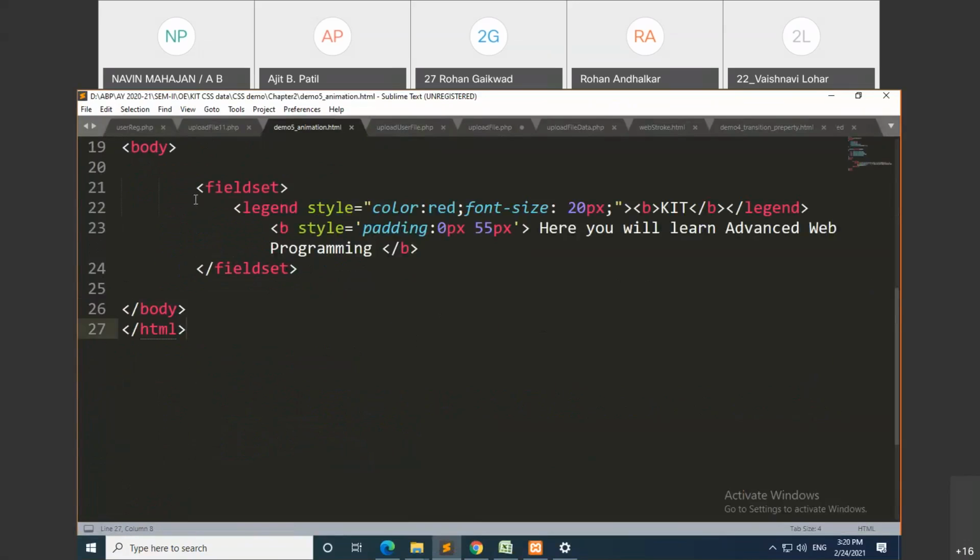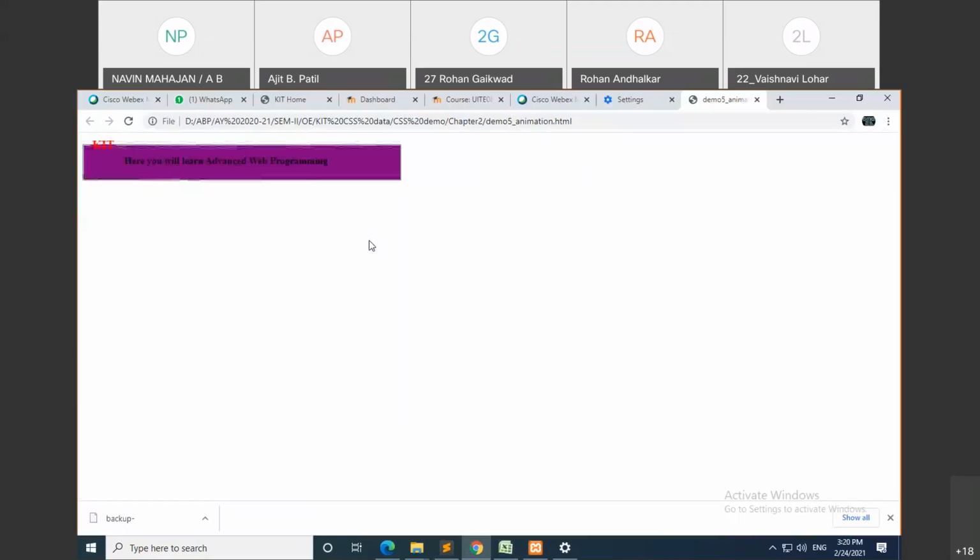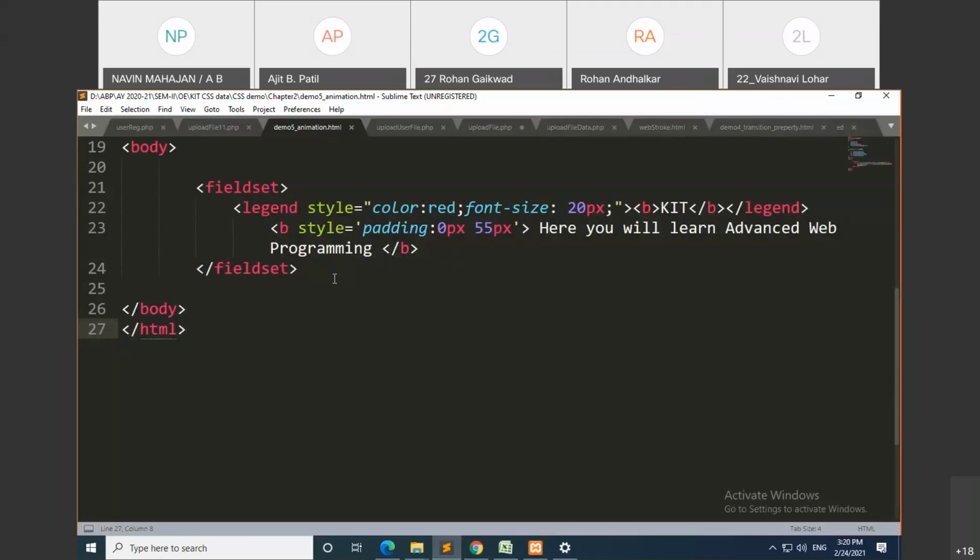Now, here we have added one field set, and within this we added one tag. What is the use of a field set? A field set is used to group some data fields. It is just like this one. Here one field is grouped, and if you want to give a title for this group of fields